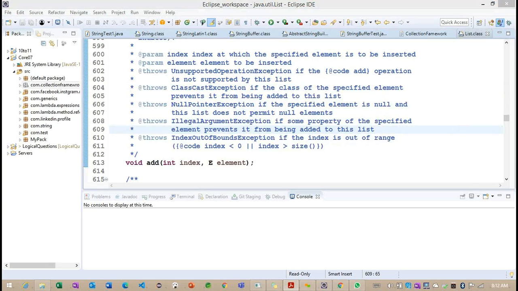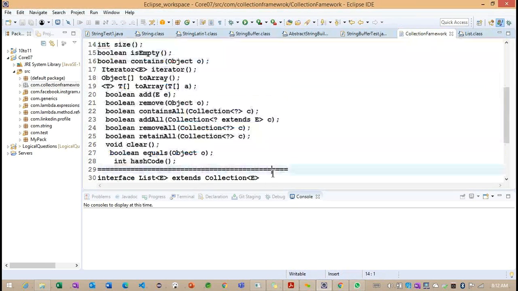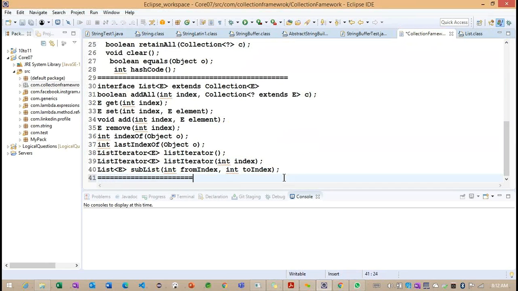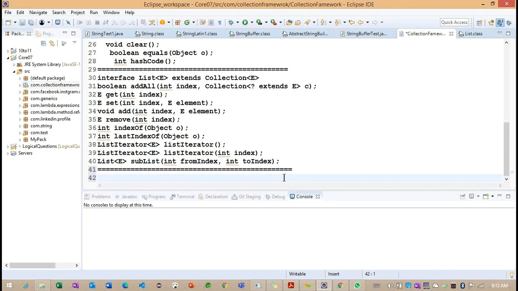And we need to discuss another interface here. This is very important. Getting the point? This is also very important. The other interface is called Set.